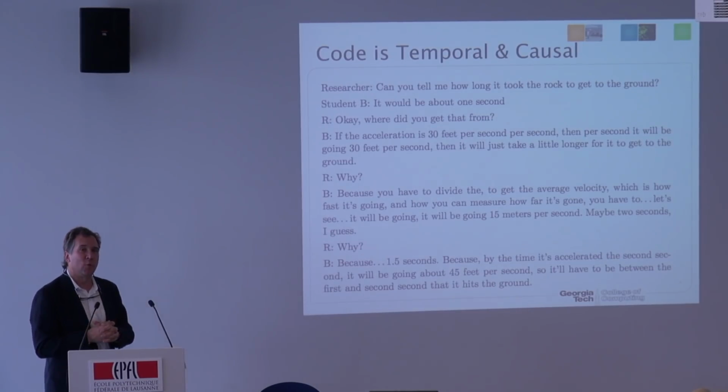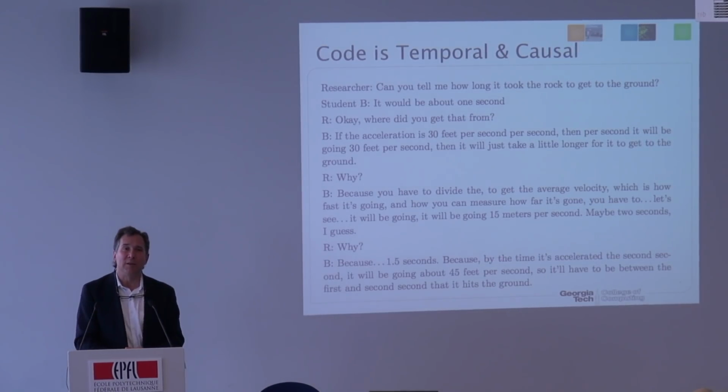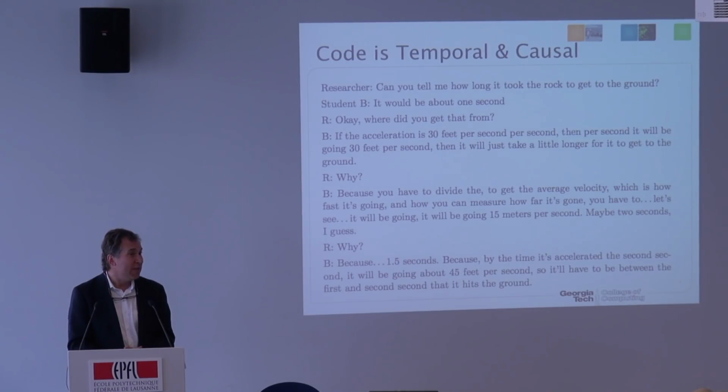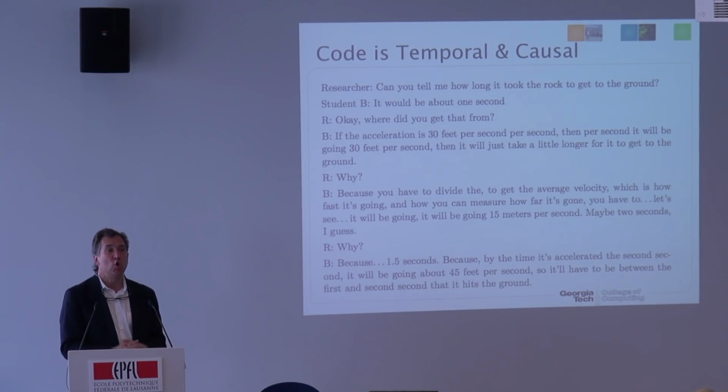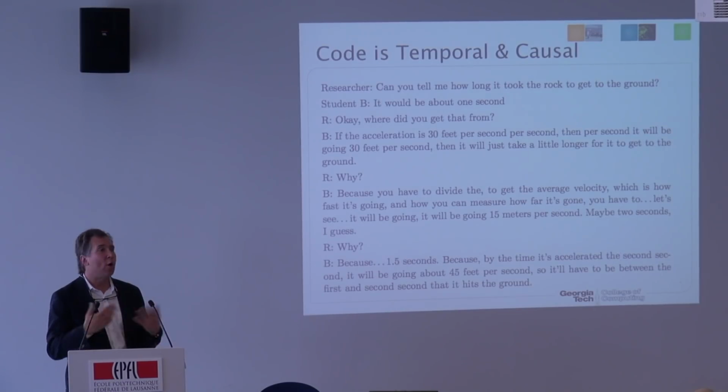What I like about this quote is that he is clearly not solving the equation. He's not thinking about the equation at all. To me, it seems very obvious that he's running the iterative loop in his head. He's running through each moment in time. And that's giving him a different kind of model about what the relationships between time, acceleration, and velocity are. He's able to play things out causally and think about things in a temporal sequence, which doesn't fall out from the equation. So computer science gives us a new way of looking at things that we already know about in our world.